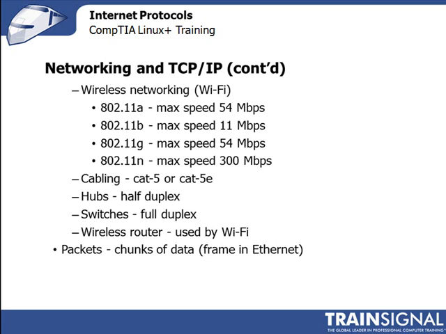Wired networks aren't the only game in town. Wireless networks are almost always available today, whether it's in the home or the enterprise. Wireless networking types, or Wi-Fi, include 802.11, 802.11b, then you have G, and even N. 802.11a and G have a maximum speed of 54 megabits per second. B is 11 megabits per second. And N, the newer standard, is up to 3